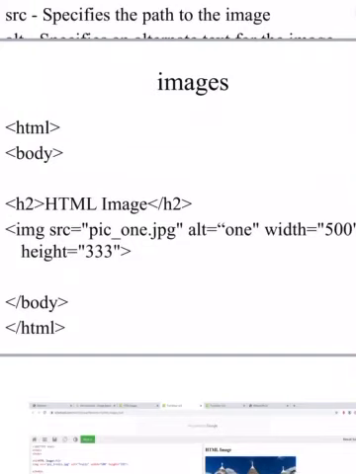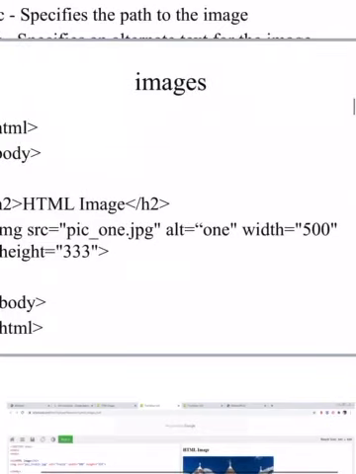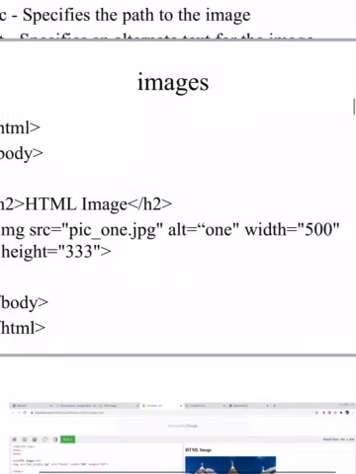If that image is not available in the current working directory, we will not get the image. So that is our source, and alt is the alternate to that, here just giving one name.